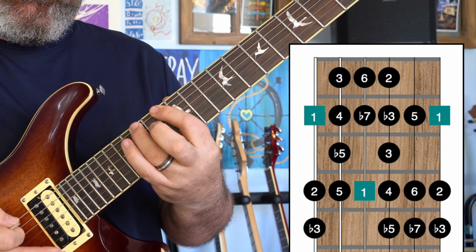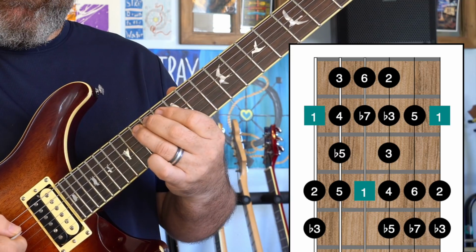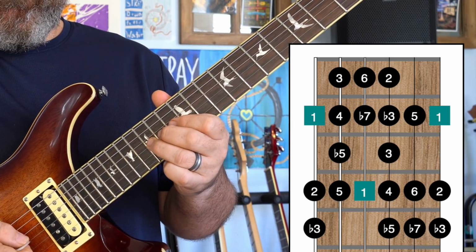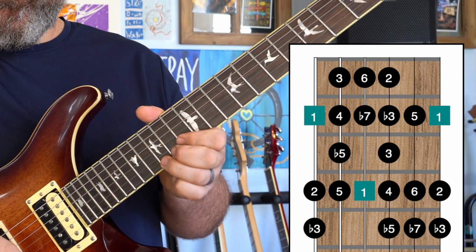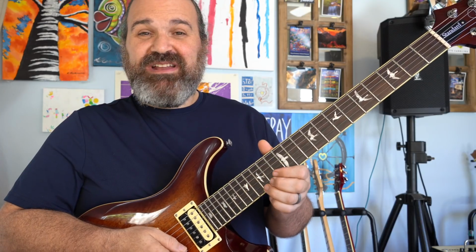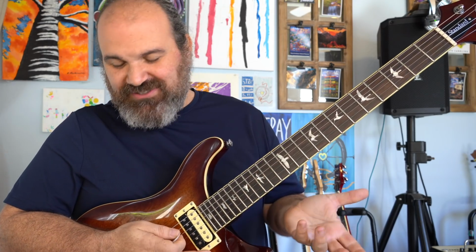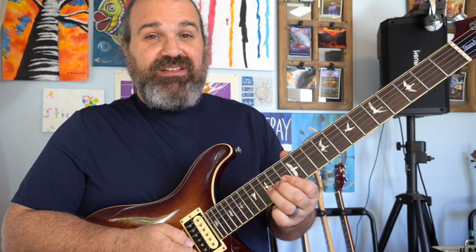It's 1, 2, flat 3, 3, 4, flat 5, 5, 6, flat 7, 1, 2, flat 3, 3, 4, flat 5, 5, 6, 7, 1, 2, 3. Now don't fluff through this scale aimlessly. Just know that it's F major pentatonic on top of an F minor pentatonic. That's the true secret of it. So you can switch major minor all you want by just thinking like,